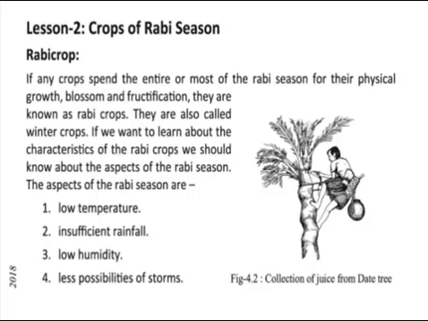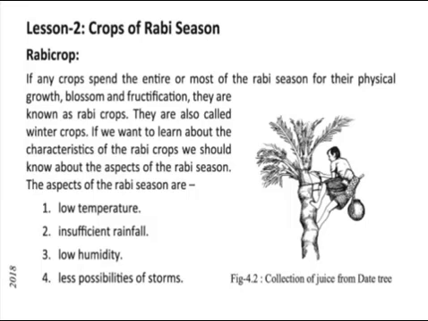Physical means bodily, and growth means the process of increasing in size. Blossom means the state or period of flowering. And fructification means the process of fructifying. What do you mean by fructifying? It means to make something fruitful or productive. That means any crops which last the whole Rabi season for their physical growth, blossom and fructification